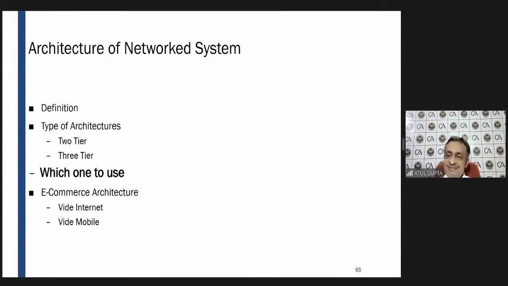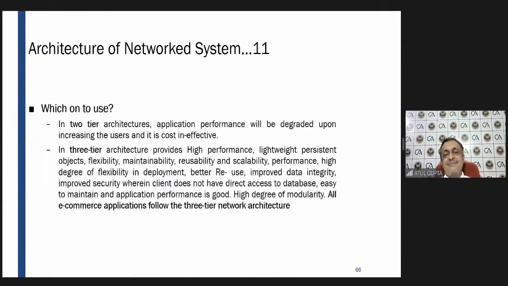Which one to use? Based on the need, based on the nature of business, based on the nature of use, you select. 2-tier structure application becomes ineffective in nature of cost. 3-tier, you have high performance, lightweight, flexibility, maintainability. So based on the nature you use, but today the way technology is growing, companies,